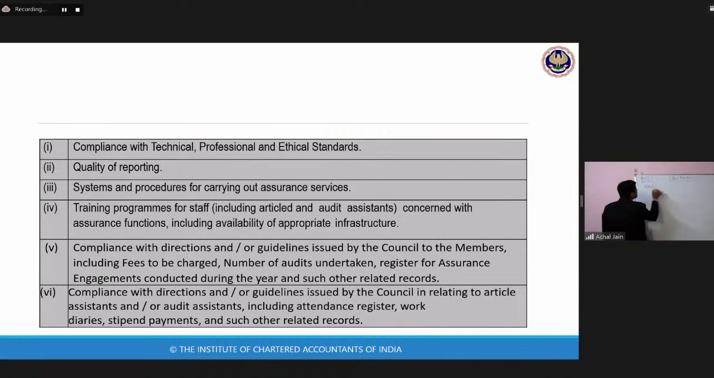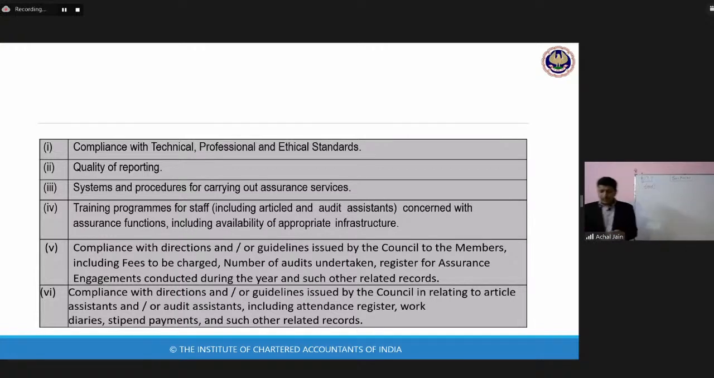Number one, and this is also called as level 1 practice unit. A practice unit which has undertaken any of the under mentioned assurance services in the period under review shall be treated as level 1 entity. What are those assurance services which, if undertaken, will make the practice unit as level 1 practice unit for the purposes of peer review? First,